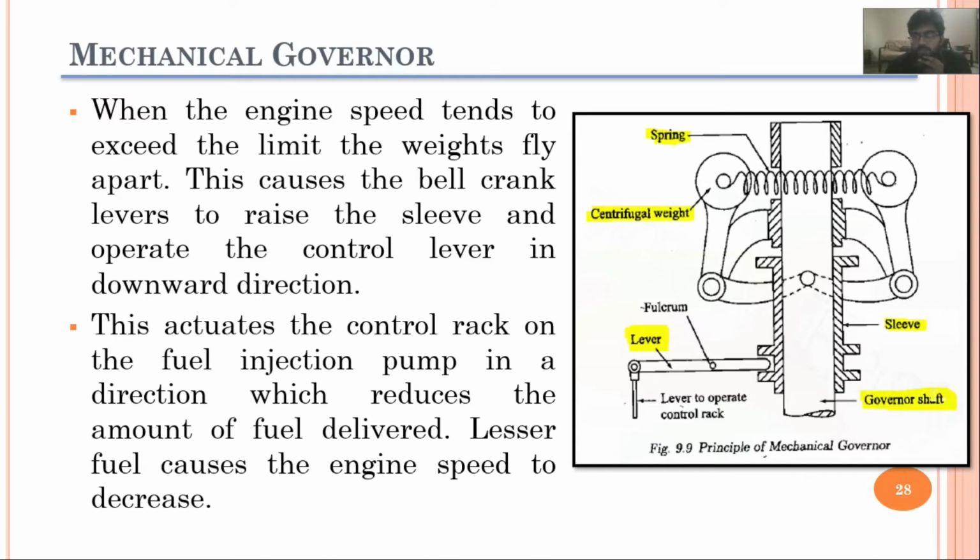So what will happen here is that when we are operating our engine at the higher speeds, or we can say that when the engine speed exceeds the limit, these flyweights, these centrifugal weights, would be rotating, and because of these centrifugal forces, these weights will go against each other, and since they are